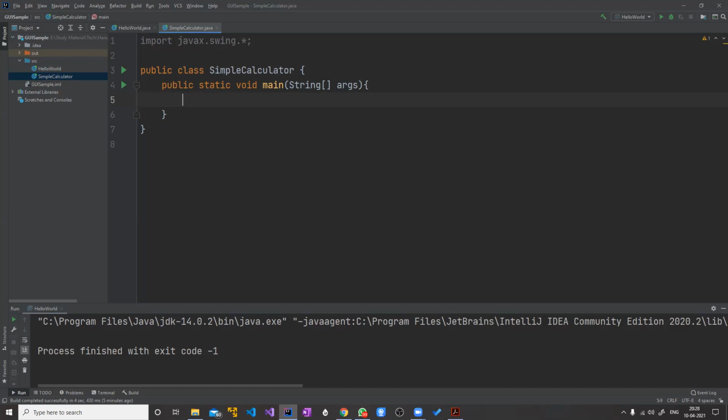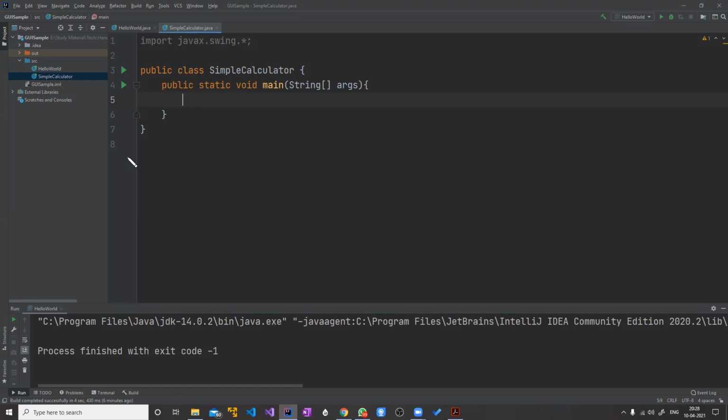The JFrame which we have seen will actually include some other containers. Remember, JFrame is the outermost container. That outermost container will have various other UI controls. You will understand this when we go through this program.